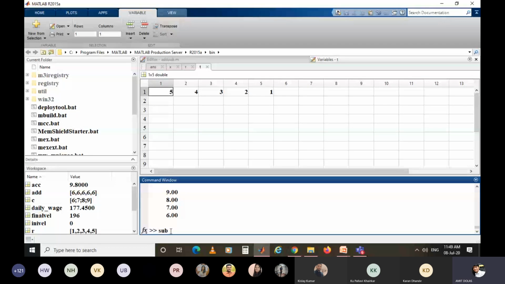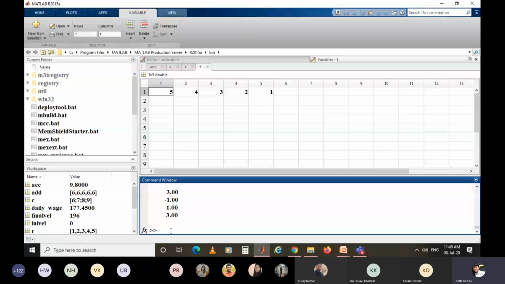Now I will do a mathematical operation, subtraction. I will use equal to C minus S, so subtraction is possible and negative values will be there.